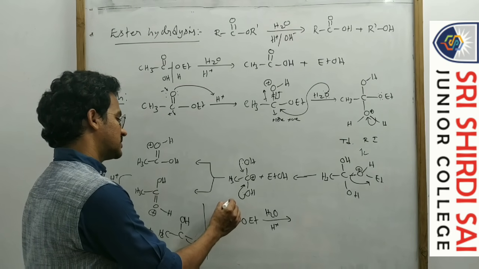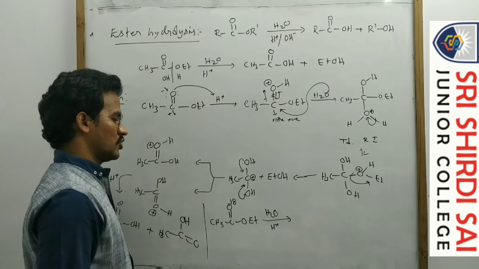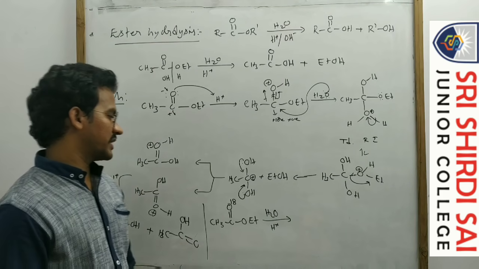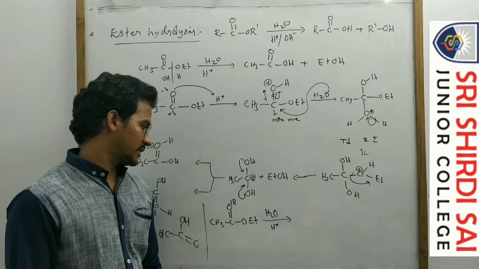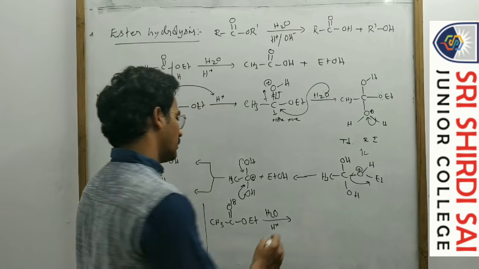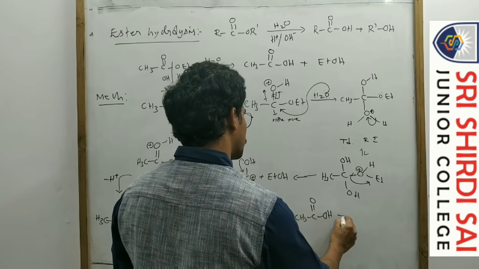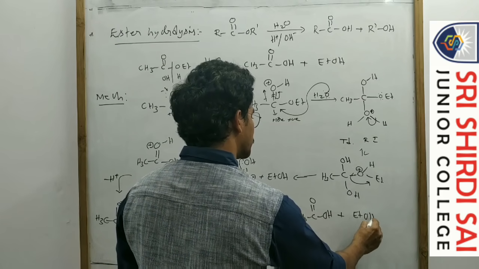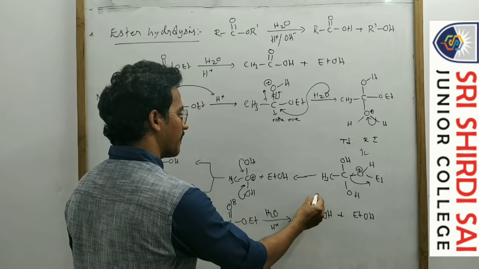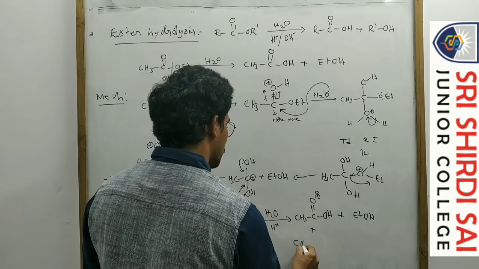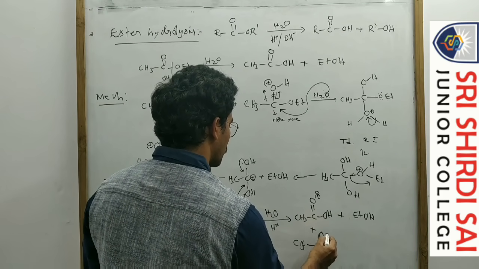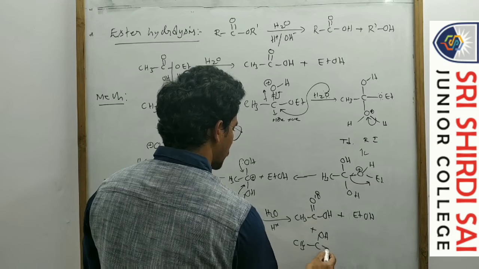Now here, this oxygen is an isotopic oxygen, O18. Then there is an oxygen isotope 16, 18 like this. So O18. Now, the product is CH3C double bond O, OH plus EtOH. Now this one is 18. This is also positive, C, OH and double bond O.